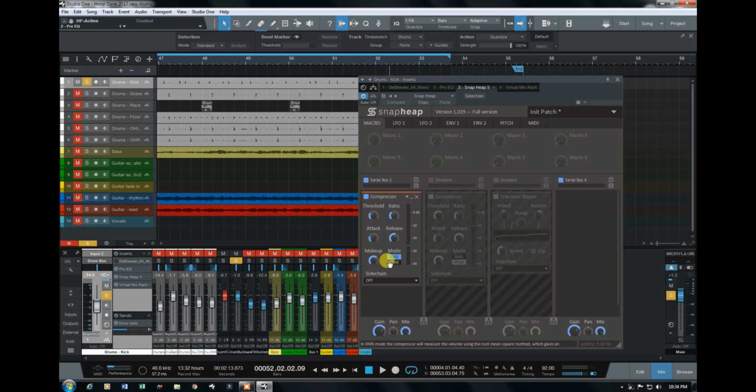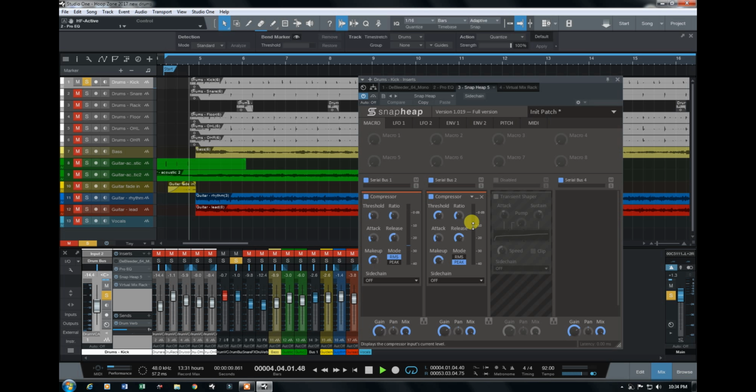It's about 3.4 to 1. Now, because of the makeup gain we're adding to the signal coming out of the first compressor, the input level on the second compressor is naturally higher. So our threshold on the second compressor is also higher, to sort of be in line with the input signal it's receiving. The job of the first compressor is really to do most of the taming of transients and spikes. The second compressor then comes into play when the signal, already attenuated by the first compressor, surpasses the second